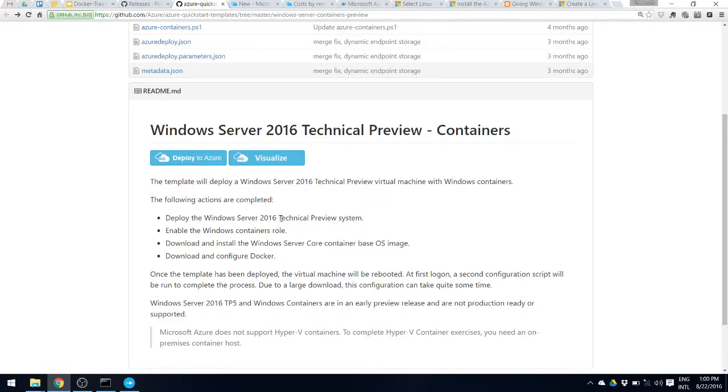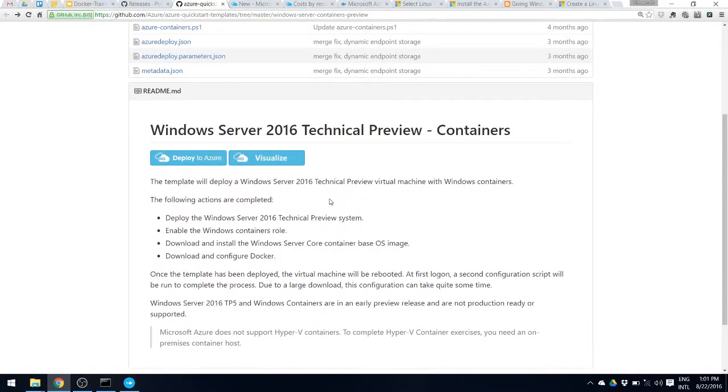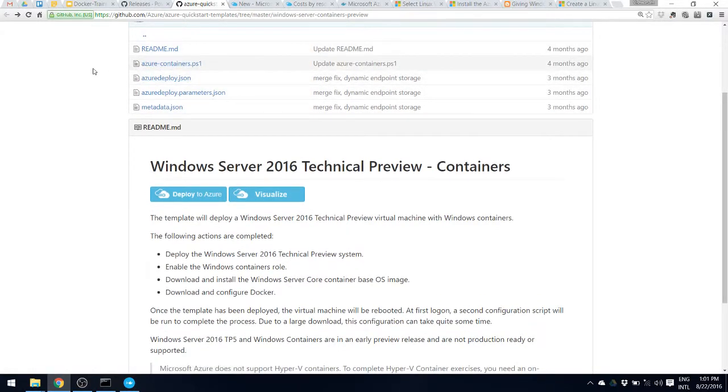The fastest way to launch a Windows Server 2016 container in Azure is by using Azure's GitHub page, that is Azure's Quick Start templates. Now this contains various templates, which is basically a recipe or a playbook which is used by Azure to deploy a template with some default settings. And this is currently the fastest way to get started. But again, as with all templates, it is best not to use this for production. It's best to create your own templates, and for that it is best to learn how to create and manage